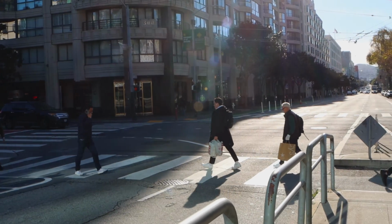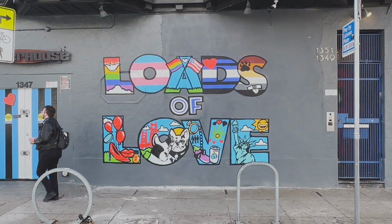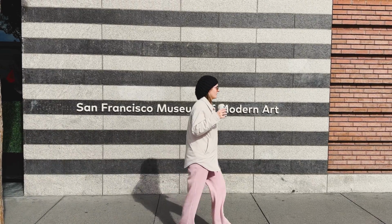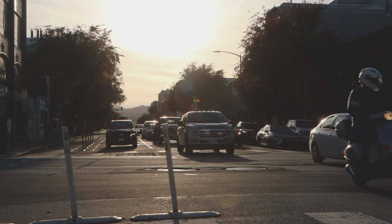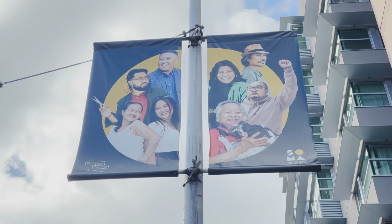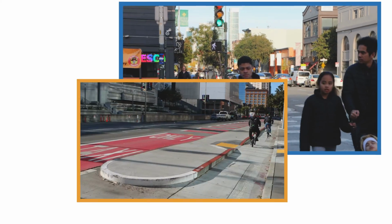Folsom Street is in San Francisco's South of Market, Soma neighborhood, home to the Soma Filipinas and leather and LGBTQ cultural districts, and major cultural, entertainment, and retail destinations. The street was originally developed for industrial activity and to move vehicles and goods through the area as quickly as possible. Now the area is a key cultural, entertainment, economic, and residential hub that has more people walking, bicycling, and